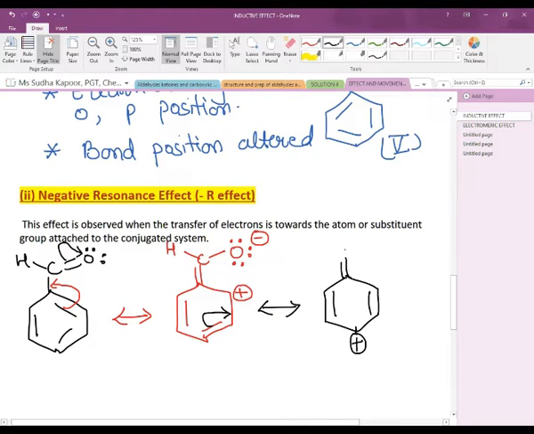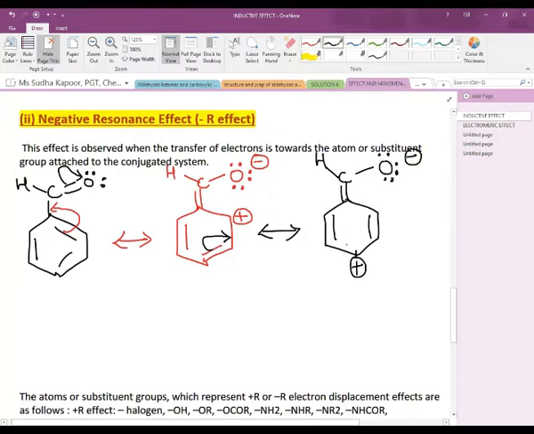The other bonds can be shown like this, but the oxygen again has the same 6 dots and there is H. Now further, in order to overcome this positive charge, to overcome the trivalent nature of the 3 bonds with the carbon at the para position, this pi bond is shifted in between so that the positive charge gets delocalized. And this positive charge now reaches which position? It reaches the ortho position, because now that carbon present at the ortho position does not have the 4 valency associated with it.